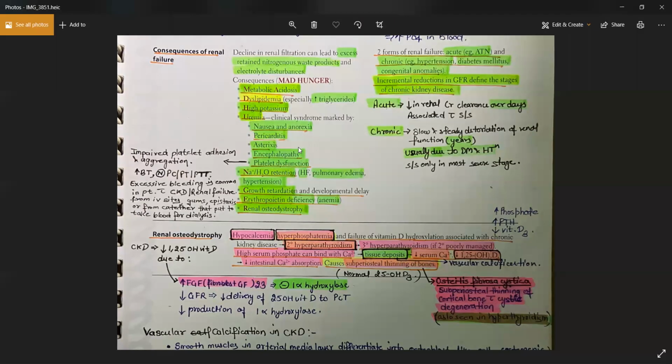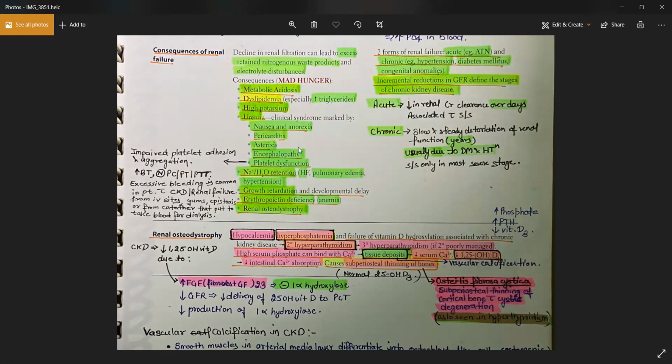Now, because of this loss of GFR, one thing. Second thing, you will be having an activation of RAS also. Because of this loss of GFR, the function of this RAS is to maintain the GFR, right? So you'll be having a retention of the sodium and water, and that happens chronically.